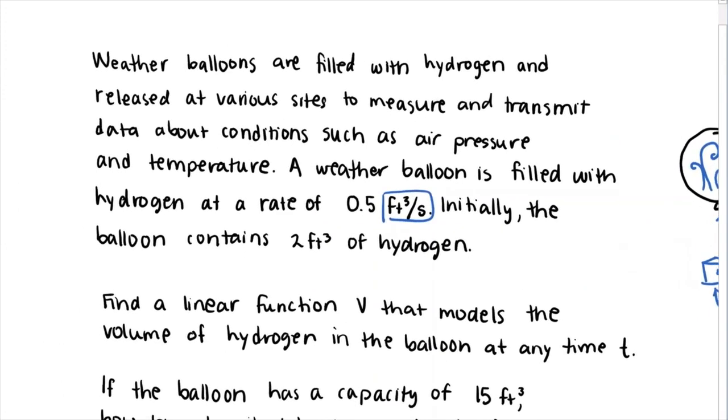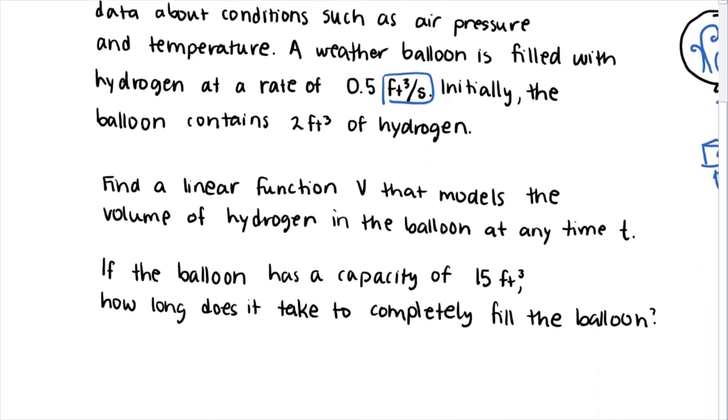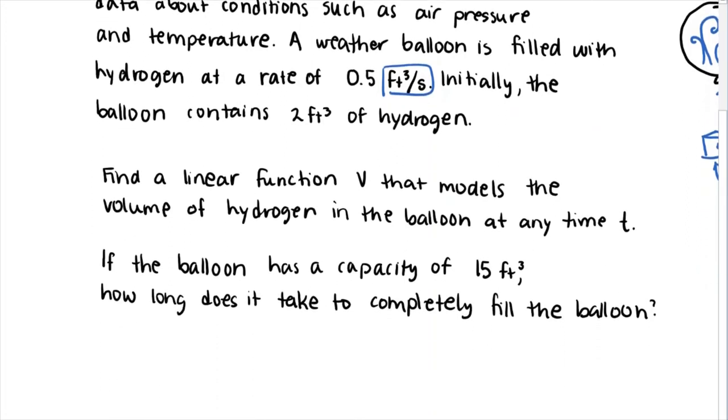And so initially the balloon contains 2 feet cubed of hydrogen. So there's some hydrogen already in the balloon, and we have 2 feet cubed. So sort of an amount of space of hydrogen that's filled up inside the balloon. So we want to find a linear function that models the volume of the hydrogen in the balloon at any